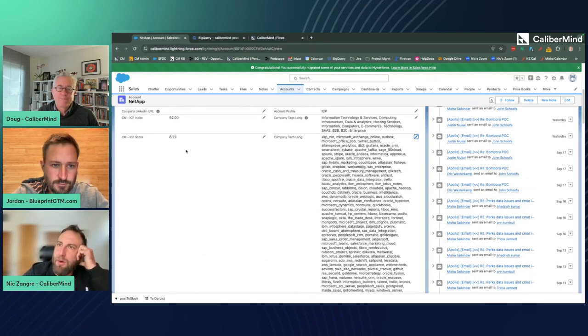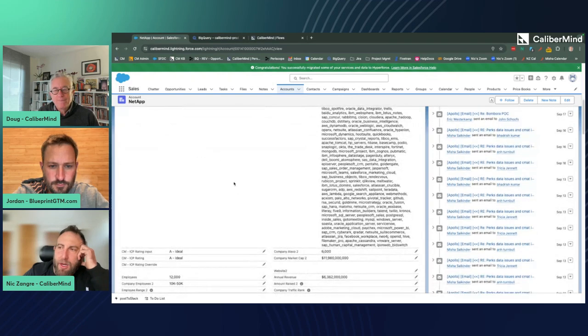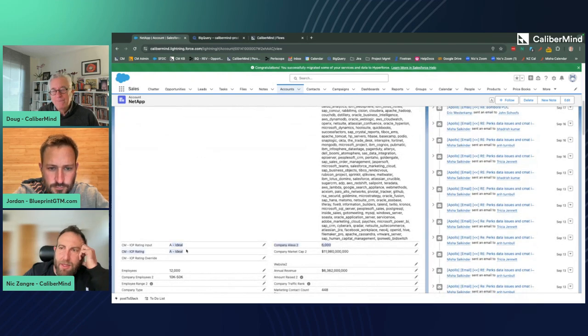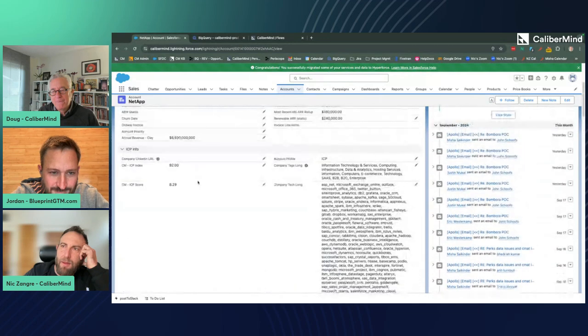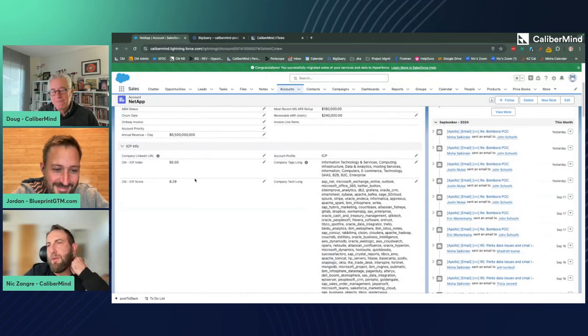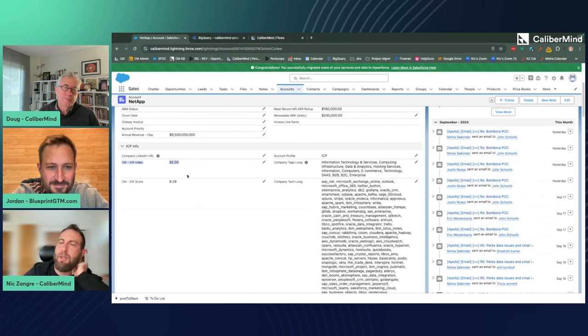And the ultimate goal is to bucket our accounts A, B, C, D, right? So this is a customer. And to do that, we needed to index all the scores on a 1 to 100 on a nice bell curve distribution. So we know our top 20% of scores are going to be A's, the next tier will be B's and C's, et cetera. So the output of this,